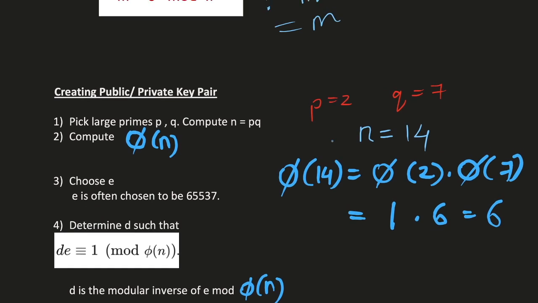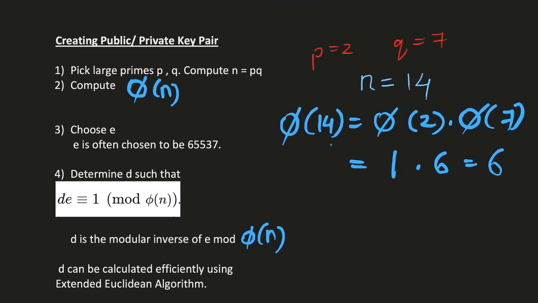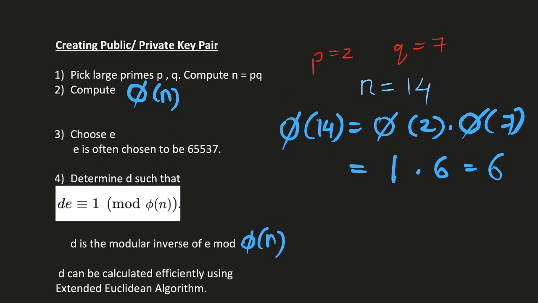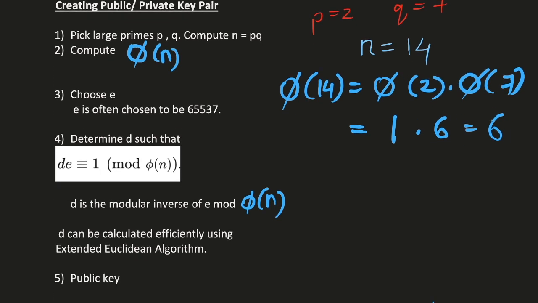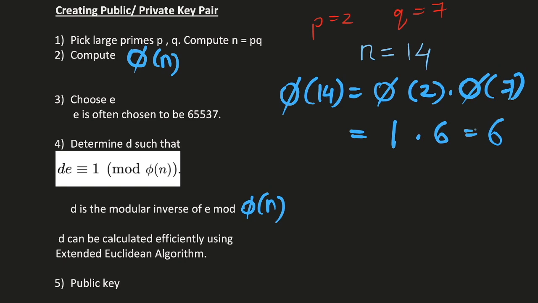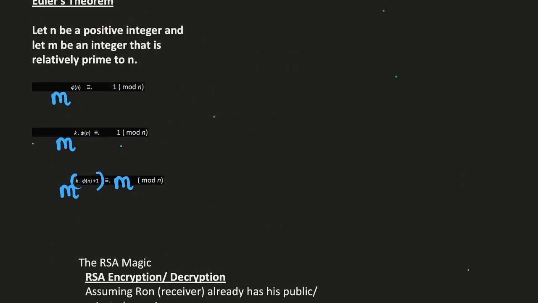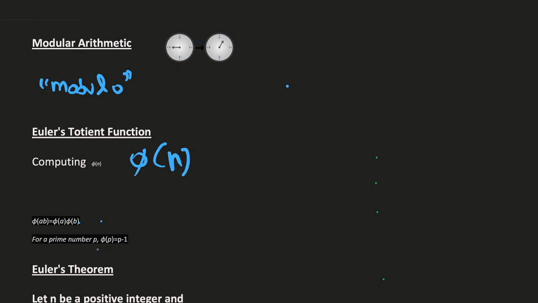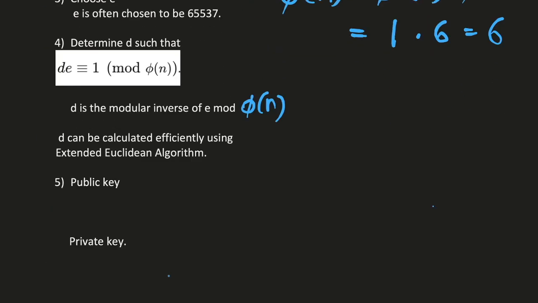So I hope you're able to appreciate why we picked large prime numbers. Even though n is known to everybody, to compute phi of n is very time consuming unless we know p and q, the original prime numbers that generated it. And because they're prime numbers, if we know them, then we can compute phi of n easily, because phi of p is actually p minus 1.